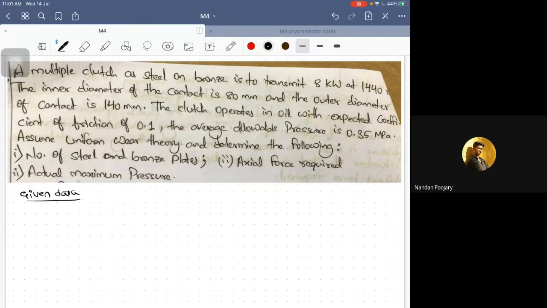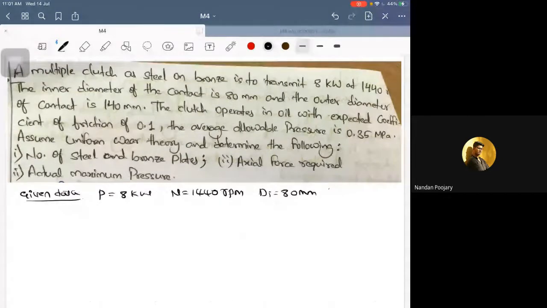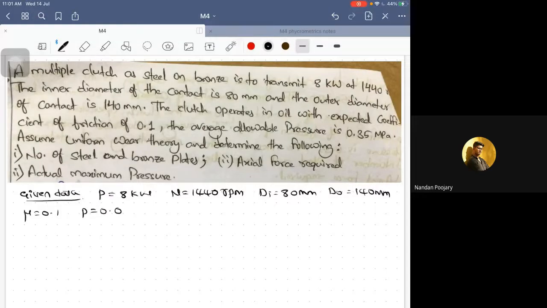Okay. So the power which is given in this problem is 8 kilowatts. Speed 1440 RPM. Di 80 mm. D naught 140 mm. Mu 0.1. Pressure intensity 0.35 megapascal. So what is being asked? To find